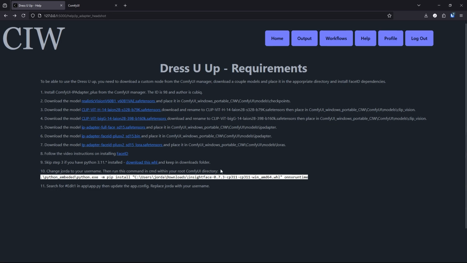And on to step 10, where we have to change the username here. So mine is Jorda, so whatever you have set up on your system, you'll just have to change this. And then run the command in command prompt within your root Comfy UI directory. So I'll copy this. And if you've got your downloads downloading somewhere else, you'll also have to change the directory